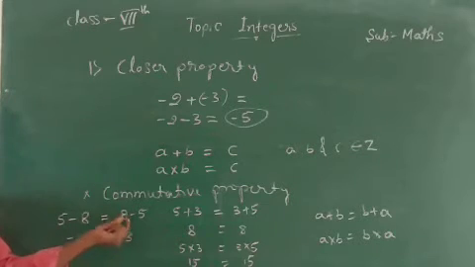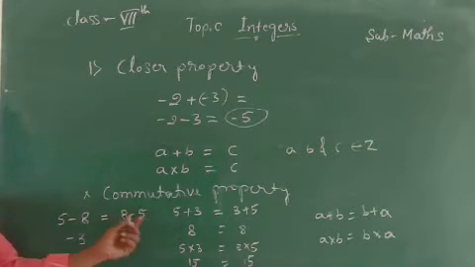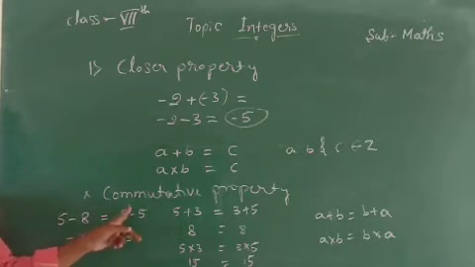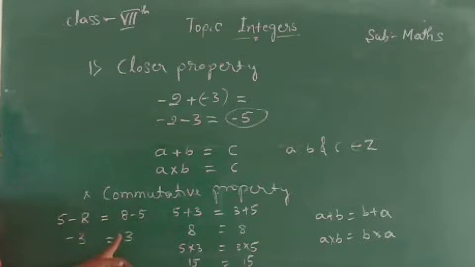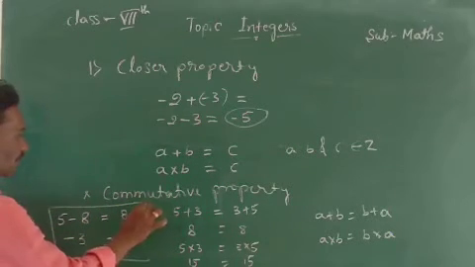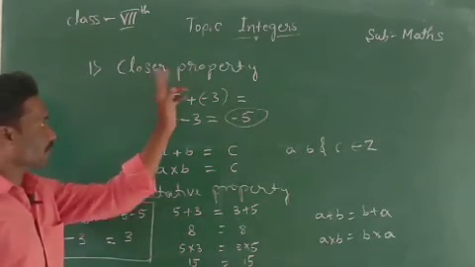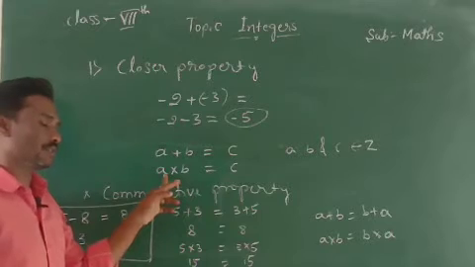Coming to the other one, one plus and one minus means we have to find the difference of these two numbers. 8 minus 5 is 3, and the bigger number is 8, which has plus, so I wrote plus. Nothing is written, so it will be plus. Now the c values: minus 3 and plus 3. Are both values the same? No. So the commutative property of subtraction will not be satisfied.